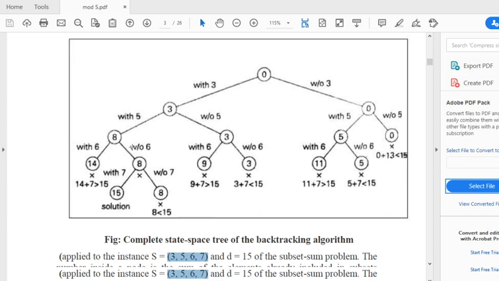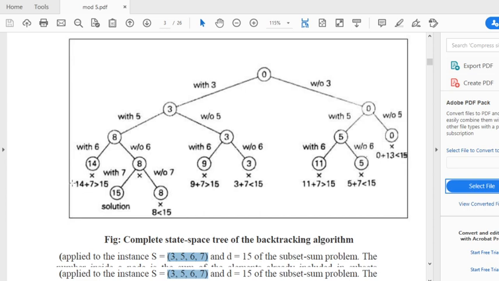Then if I include 6 again, with the 6 and without 6: with the 6, that is 14. Without 6, the previous sum will be written here, so it is 8. Now always remember, you have to go on attaching the branches until you use all the elements or you get the sum.